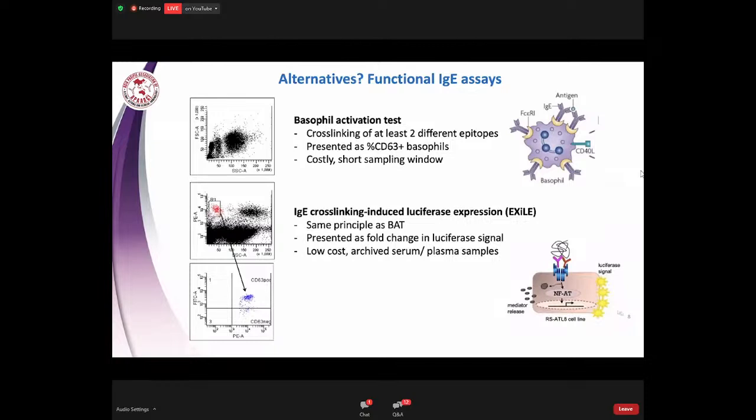Using a similar concept, but I would say logistically better, is the ICSAL test. It requires a culture of a cell line, a cell that has been transfected with a luciferase reporter gene. Using the same principles as BAT with IgE cross-linking, it will induce luciferase expression, and the fold change in the luciferase signal will represent the degree of basophil activation. The beauty of it is that you can actually use your archived serum samples, and it does not have the short sampling window as with the basophil test. You do not need to run into the laboratory and stand by all the time,